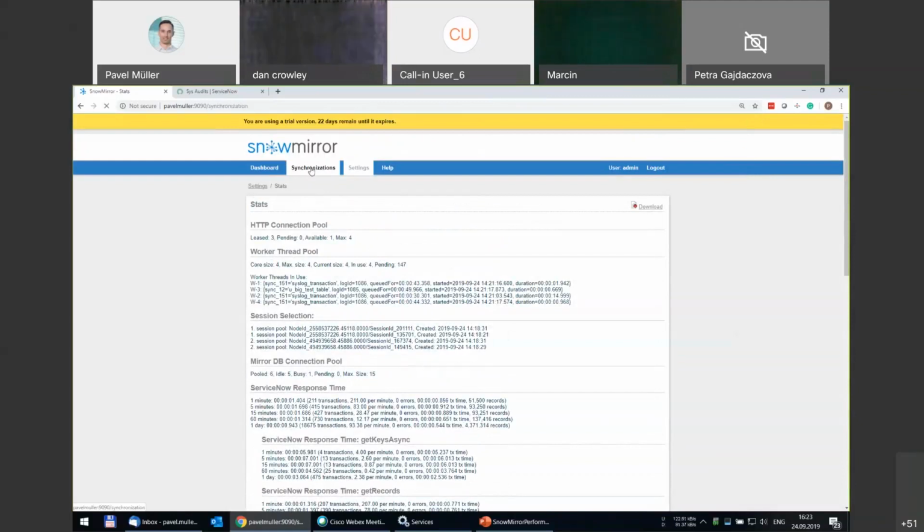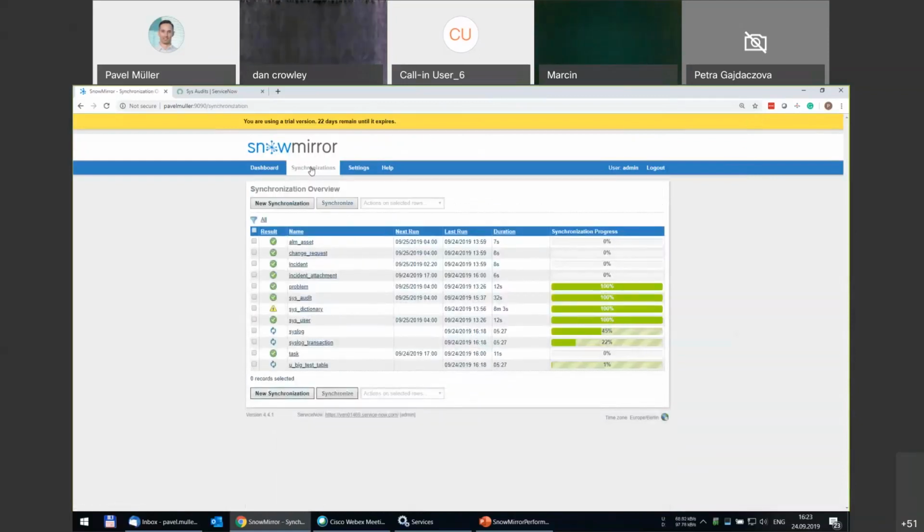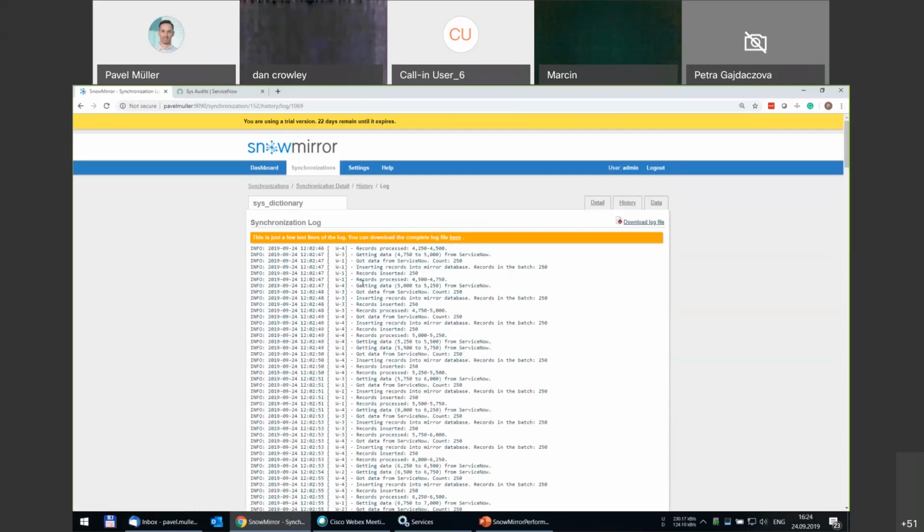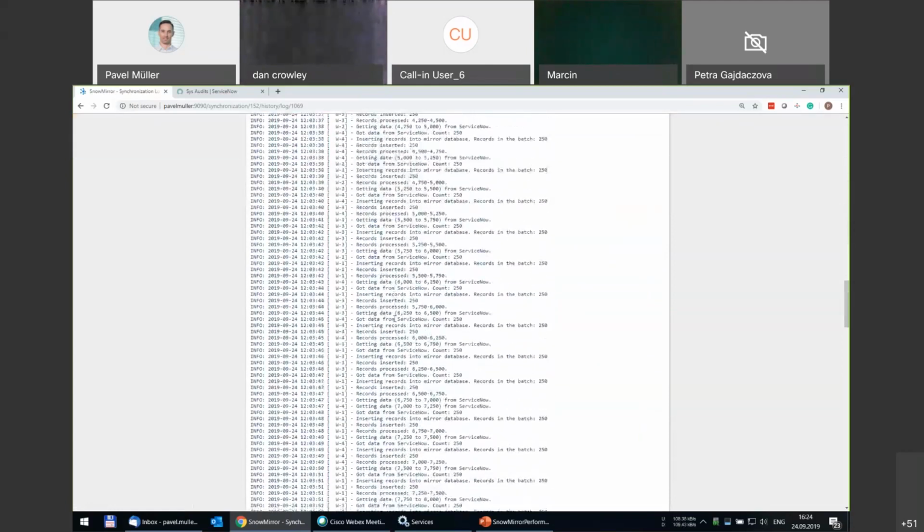the overall performance. If you want to analyze, let's say, the individual performance of individual tables, so imagine you've got an issue with a single synchronization, there is a hidden gem or secret in the logs. So for example, having 8 minutes for this system dictionary, let's analyze what is happening here. What you want to do is to go to the log and see the data. If you go to the very end of the log,